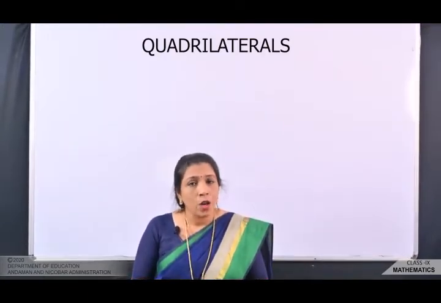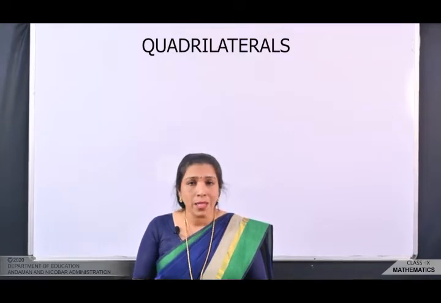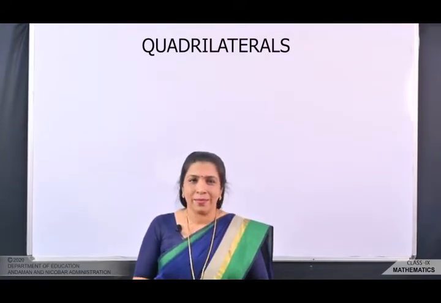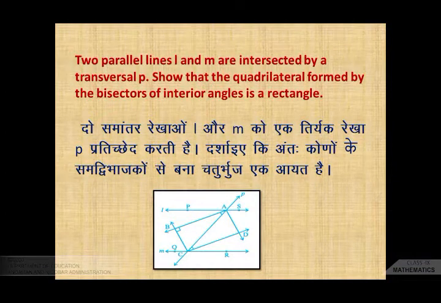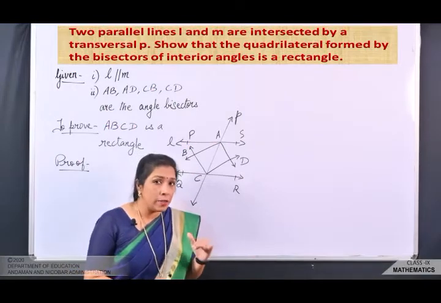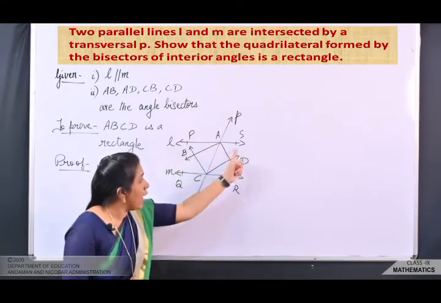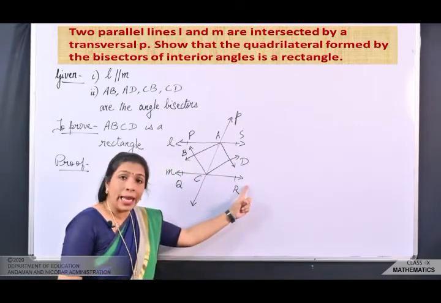So let's start today's class, children. In the previous class we started off with a few examples, so today also we'll do a few more examples. दो समांतर रेखाओं L और M को एक तिर्यक रेखा P प्रतिच्छेद करती है। दर्शाइए कि अंतःकोणों के समद्विभाजकों से बना चतुर्भुज एक आयत है।